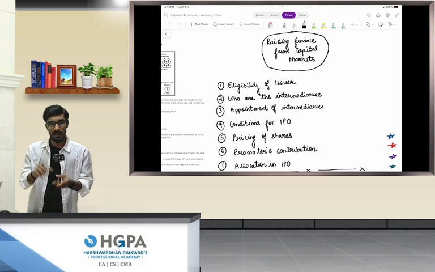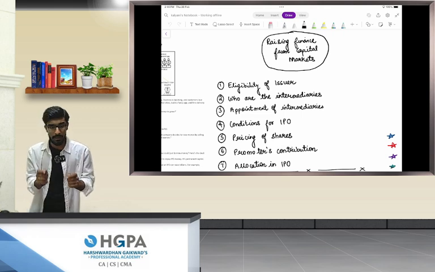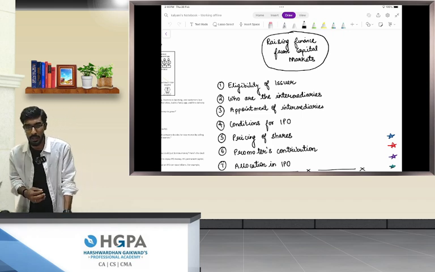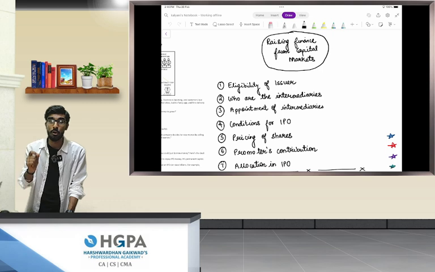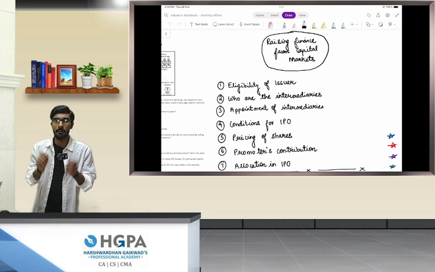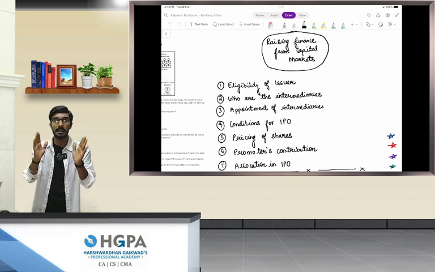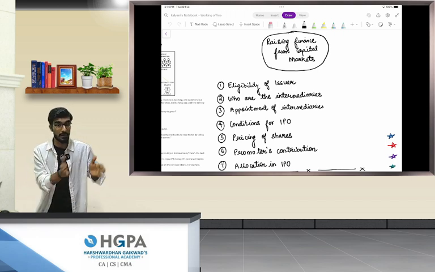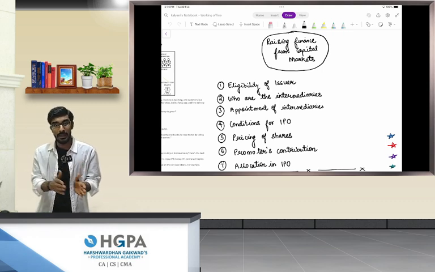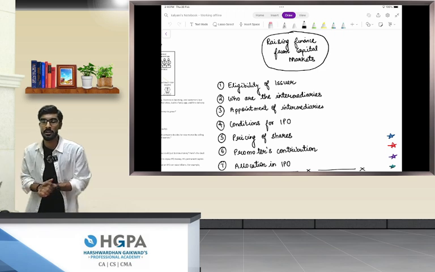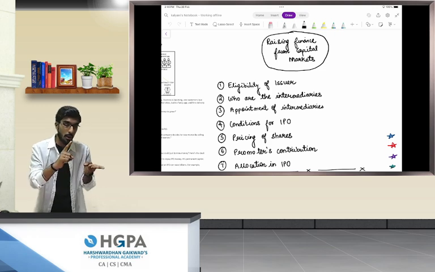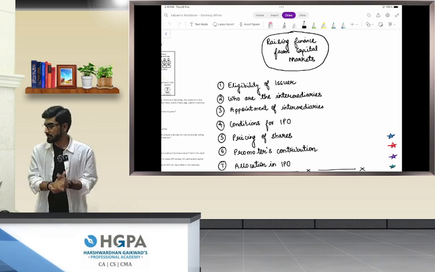Number three is writing. After we complete every single chapter in this fast track revision batch, we are going to discuss the questions asked in past years' question papers. We will make sure we solve at least 5 years of question papers after every chapter. With this, by the end of this fast track batch, your reading will be done, your learning will be done, your writing will also be done.